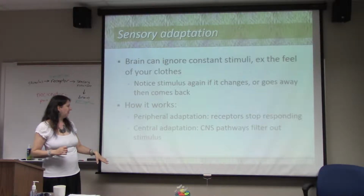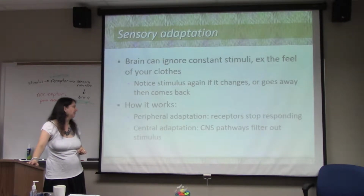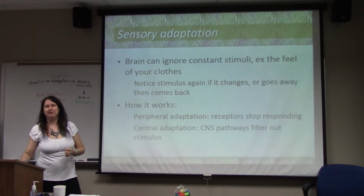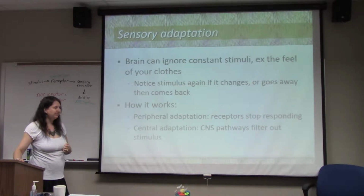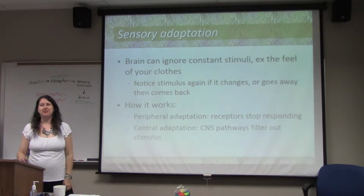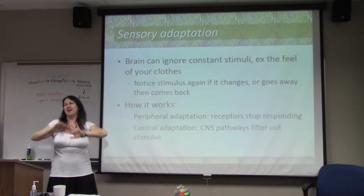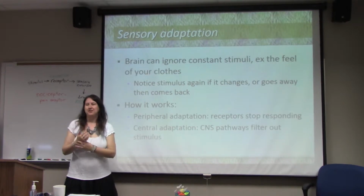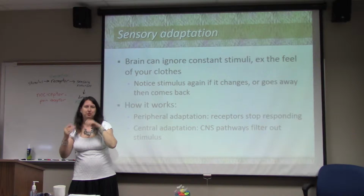Adaptation can come from the receptors or pathways in the central nervous system. Peripheral adaptation, so coming from the peripheral nervous system, is the receptors stop responding. Central adaptation is the receptors are still going, hey, this is happening, but the brain is blocking it out. This one happens with pain, where your pain receptors don't stop saying, hey, my toe is hurt, but your brain